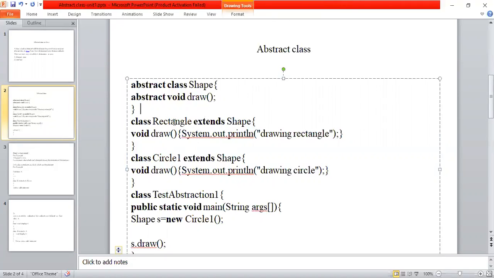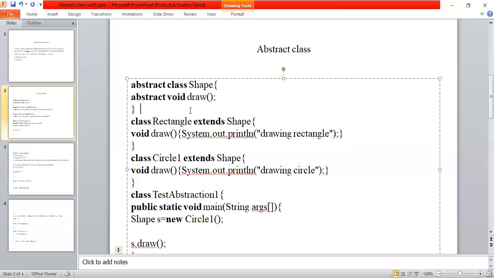This Rectangle class extends Shape, which means the Rectangle class contains its own properties and also acquires the properties of the Shape class. In this Rectangle class, I'm writing the same draw method. Using this draw, I'm drawing a rectangle. So using this model, I am preparing a rectangle in the Rectangle class.